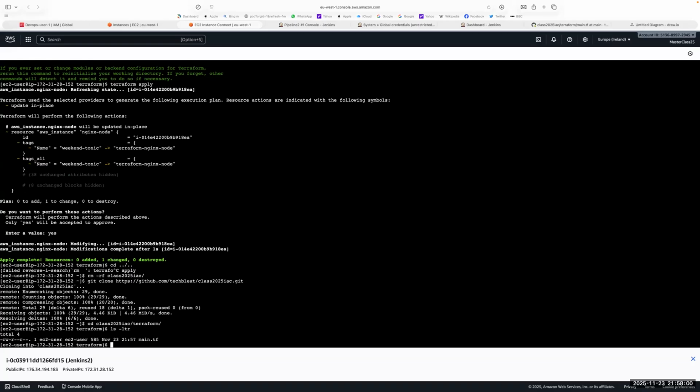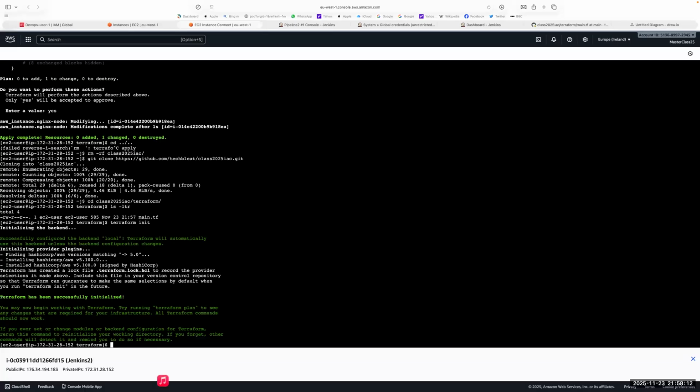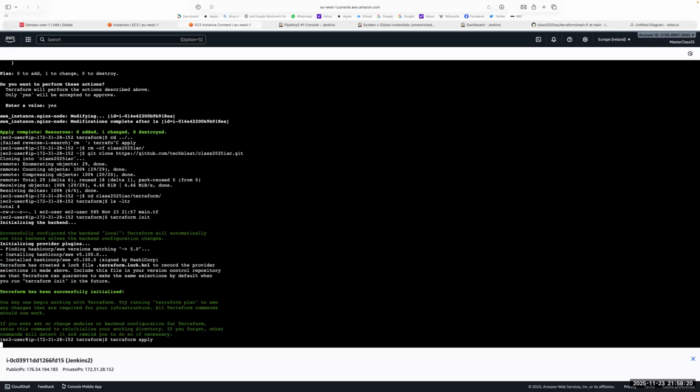Now everything is gone. If we do init again, the point I'm trying to make here is, because the state file is kept outside of the directory where things are changing, it doesn't matter. It outlives whatever cleanup you're doing. So if you do apply,